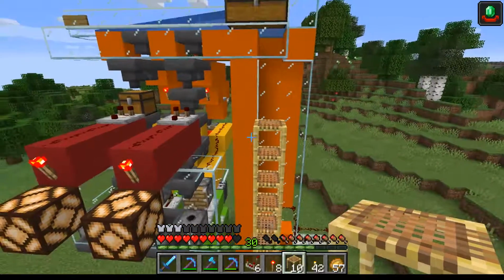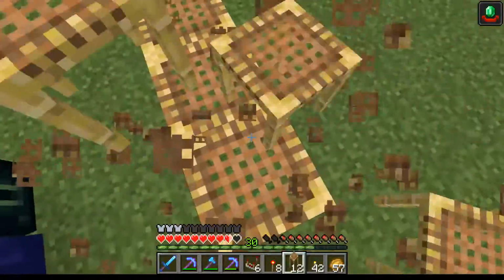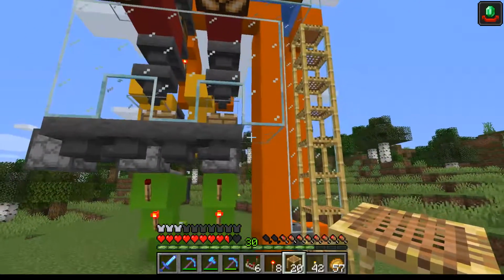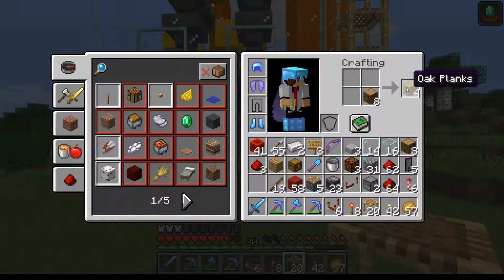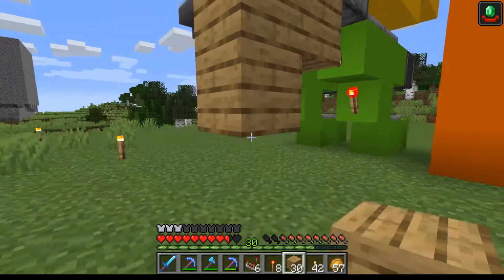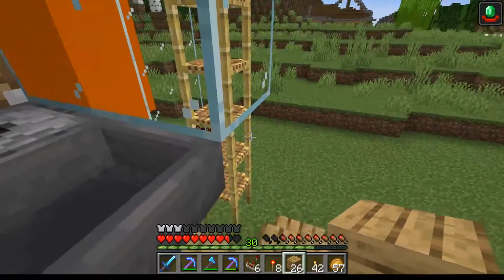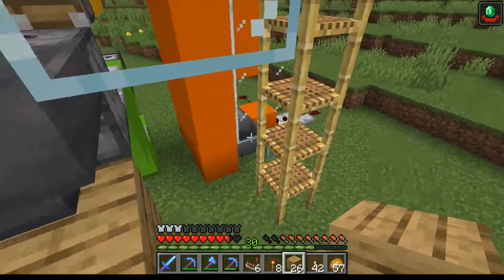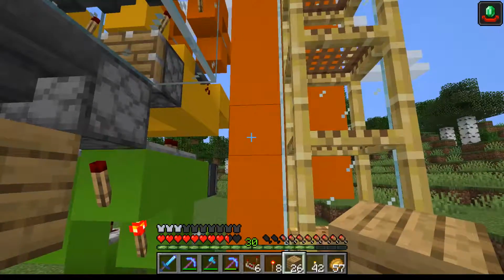Now, there are some things I want to do just to tweak the looks of it, because I had a great idea. I want this section over here, the glass and the piston and the dispenser, to be sort of at eye level. So that means the ground is going to be, let me get some planks, at that height right there. So if this is the ground height, that means the shulker box emptier should also be at this height. So I can actually move this up higher,